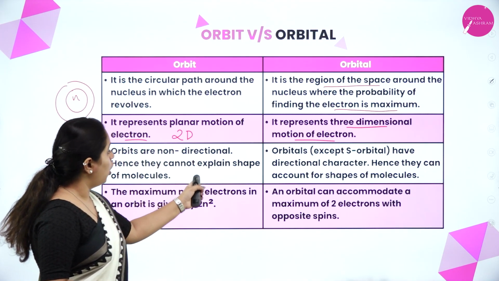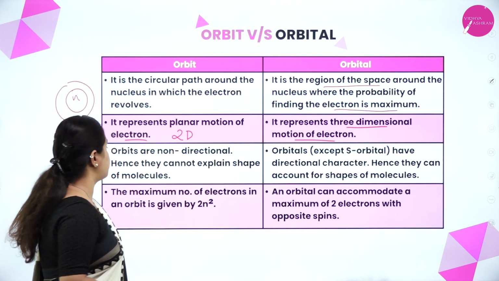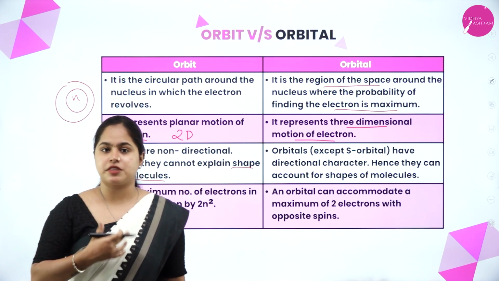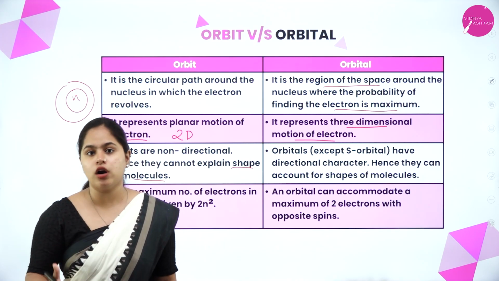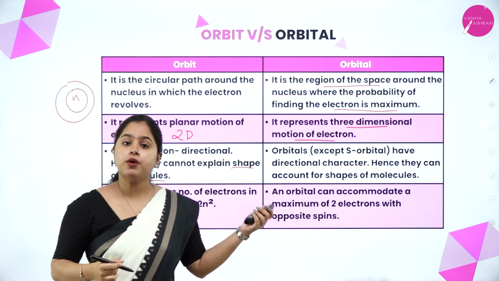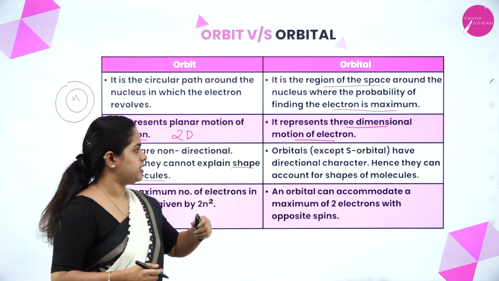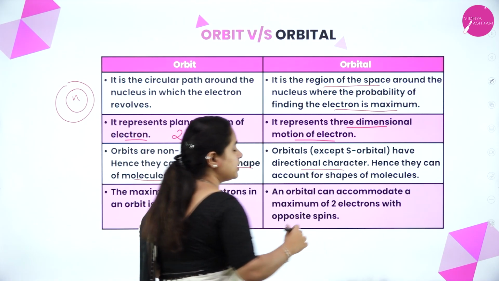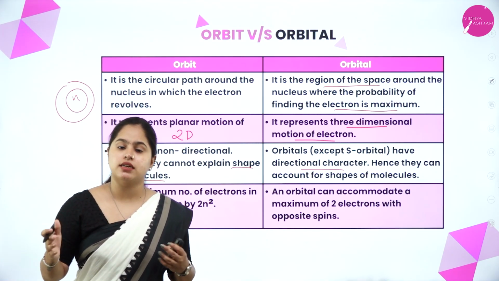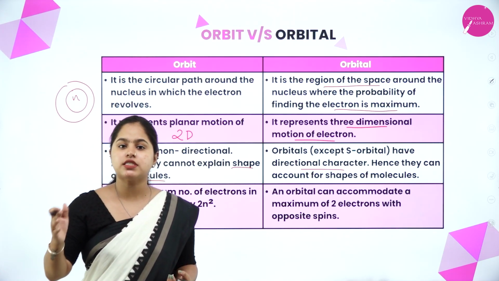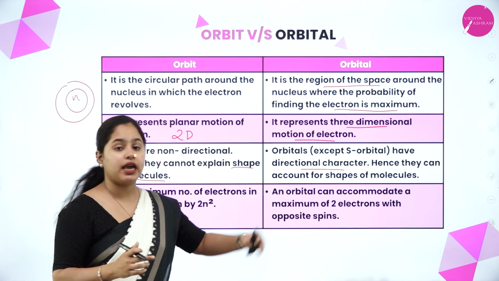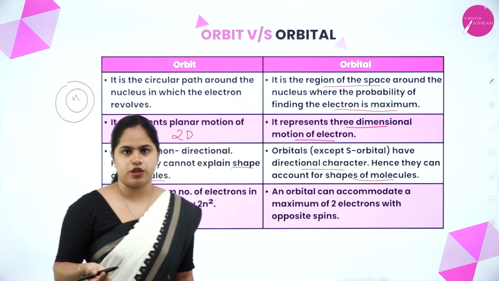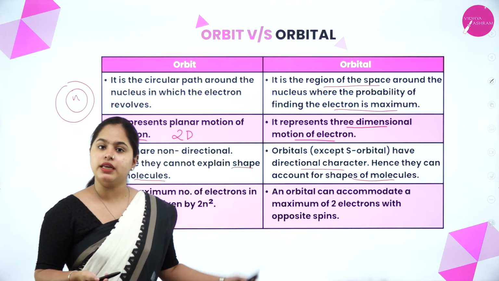Orbits are non-directional, hence they cannot explain shape of molecules. So, orbits will not be able to explain the shape of molecules because they are non-directional, right? Now, what about orbitals? Except S orbital, they have directional character. Okay, that means in space, they occupy certain directions. So, if they are having certain directions, that means they can account for the shape of molecules. We will be able to predict the shape of the molecules, which will not be possible in the case of